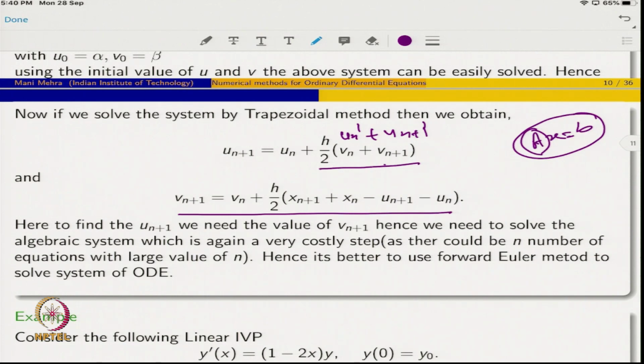Okay, so, if you look at this example and you solve it by forward Euler and you solve it by trapezoidal method, the first difference which I can observe is, forward Euler is a first order accurate method, while trapezoidal method is second order accurate. So, of course, using trapezoidal I am getting more accuracy, okay, that is one thing, but at the same time I am involving one extra step which is costly. So, computation is more.